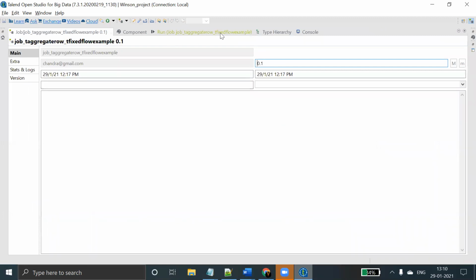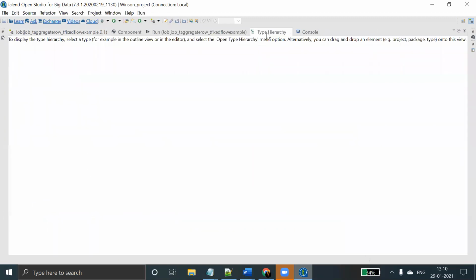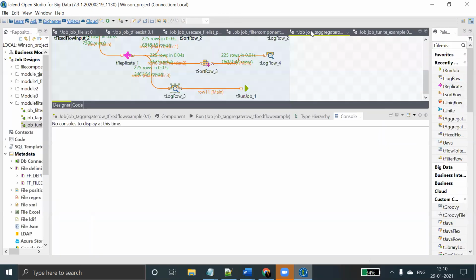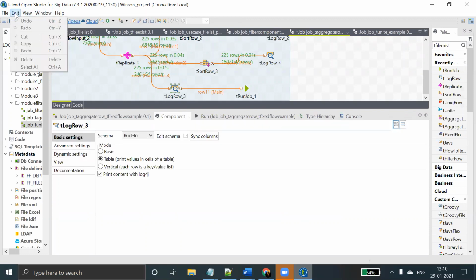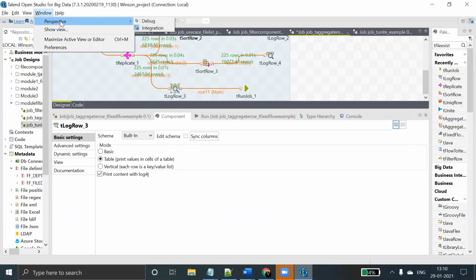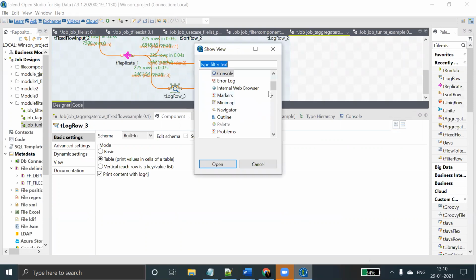Components, type hierarchy, console. Yeah, another thing is how context variables will be there. If you show below, here is context.